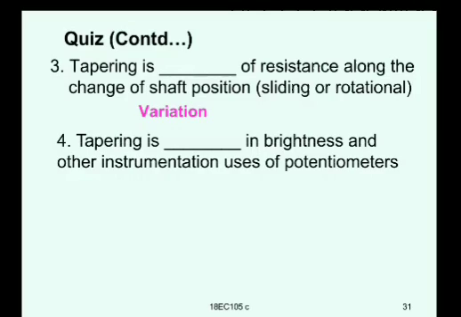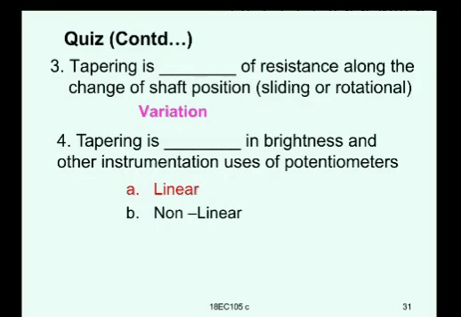Next, the tapering is dash in brightness and other instrumentation uses of potentiometers. It is linear or non-linear. So it is referred to as brightness and instrumentation. So it is